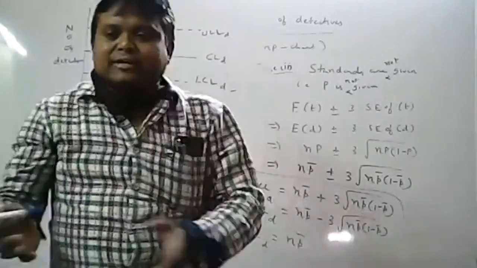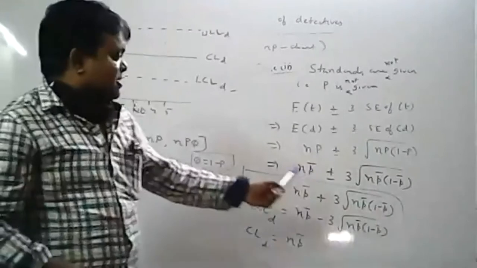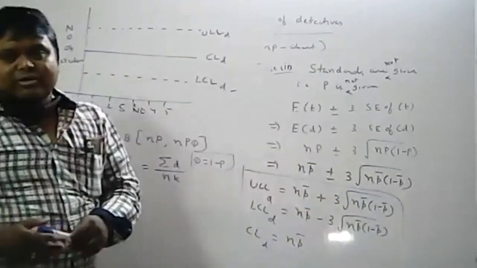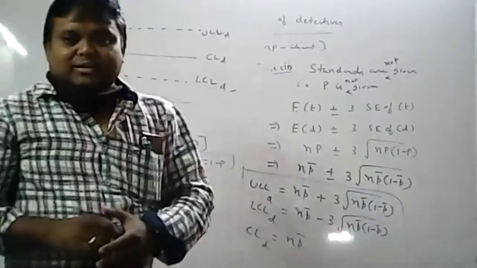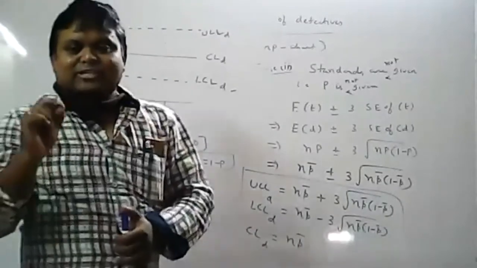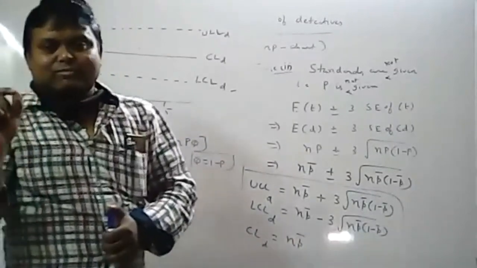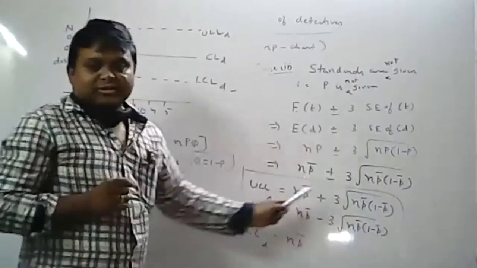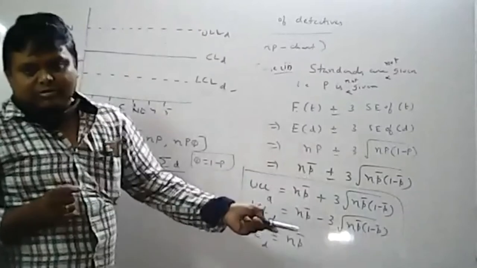So this is the procedure for fixed n. Varying n, you know, varying n means what is that? In place of n, what you have to substitute? In place of n, you have to substitute ni. Then automatically we will get the formulas for varying n. So D chart for varying n means in place of n, you will take ni, where i is running from 1 to k. So wherever you find n, there you can substitute ni, then automatically you will get the formulas.